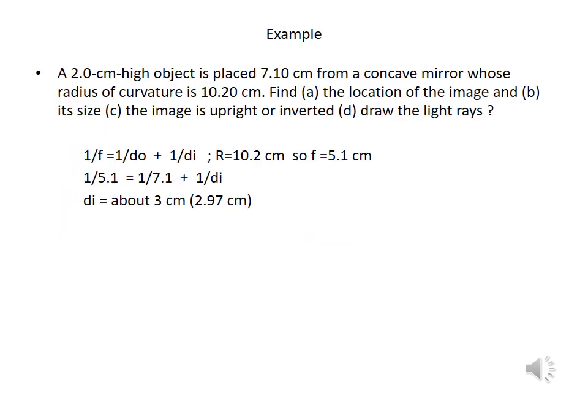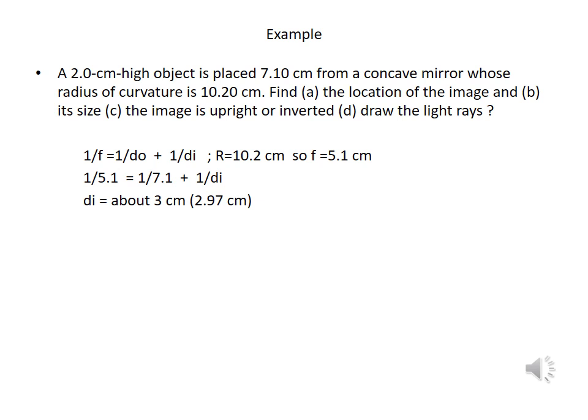This is an example of a problem corresponding to spherical mirror. A 2 cm high object is placed 7.1 cm from a concave mirror whose radius of curvature is 10.2 cm. Find A, the location of the image, B, its size, C, whether the image is upright or inverted, and D, draw the light rays. In this case, I will only do the first part, finding the location of the image